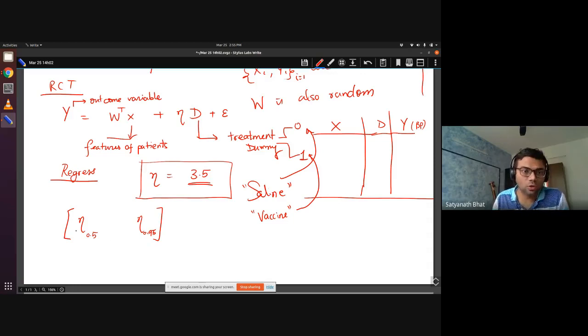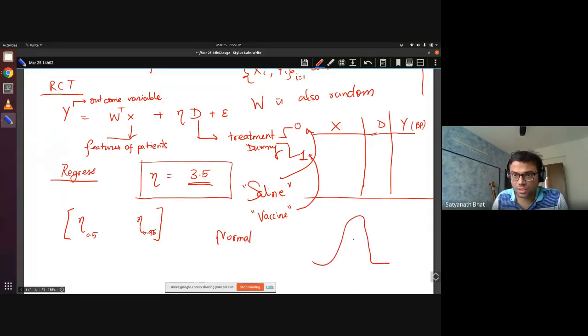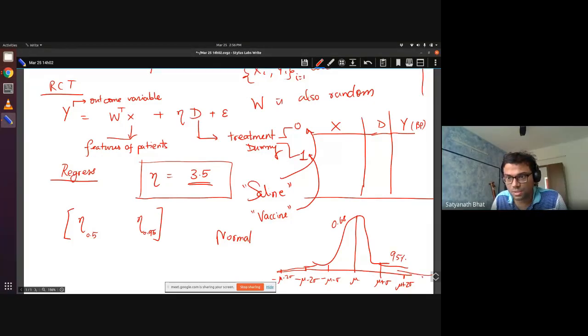So how do you build a confidence interval from your sigma? You know this, right? In a normal distribution, there is a mean here, which is mu. Mu plus sigma and mu minus sigma is 68% confidence. Then mu plus 2 sigma and mu minus 2 sigma, this is 95%. Do you know this? Yes, sir, you had mentioned it earlier. Yeah, so mu minus 3 sigma and mu plus 3 sigma. So now, based on your sigma, you can estimate these numbers.